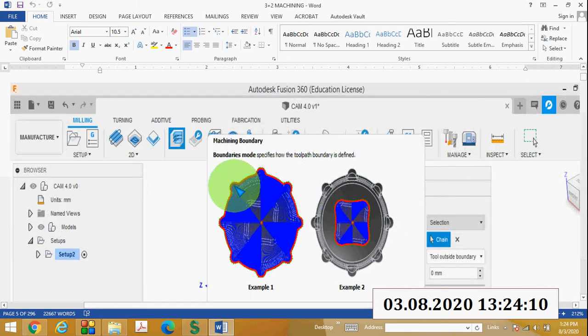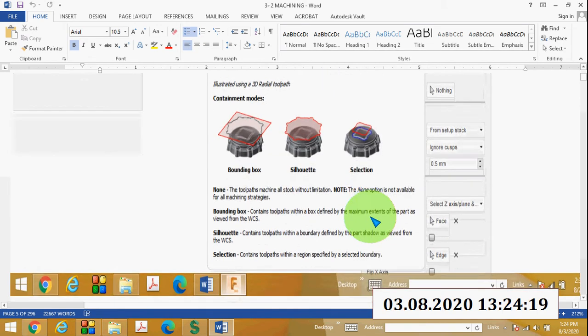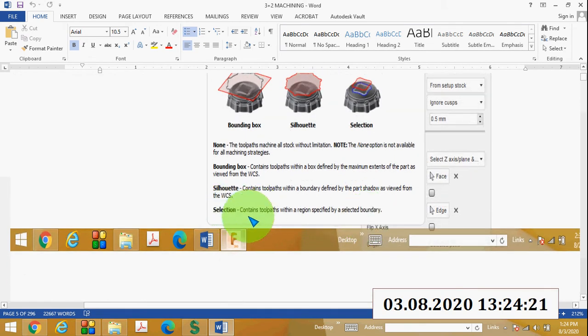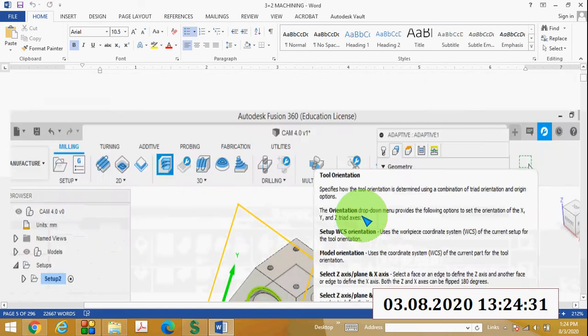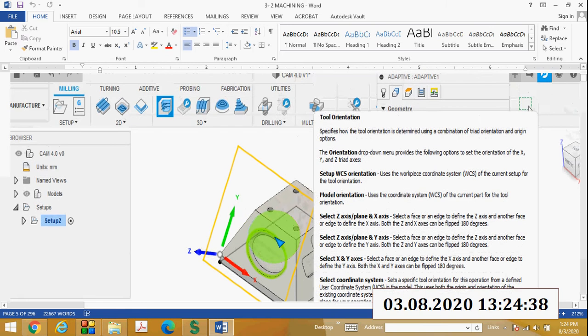There are three options: bounding box option, silhouette option, and selection option. Now I am using the selection option. Selection option means contains toolpath within a region specified by a selected boundary. So I will select this. This is my machining boundary.